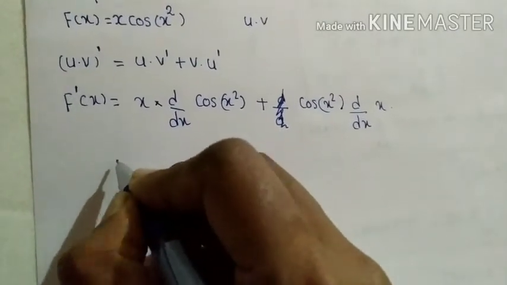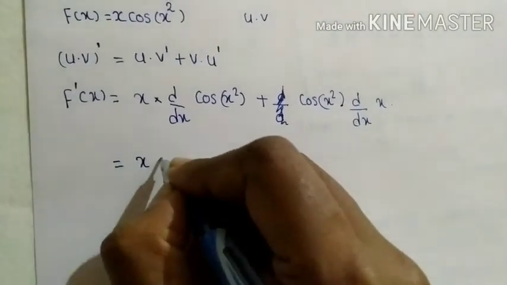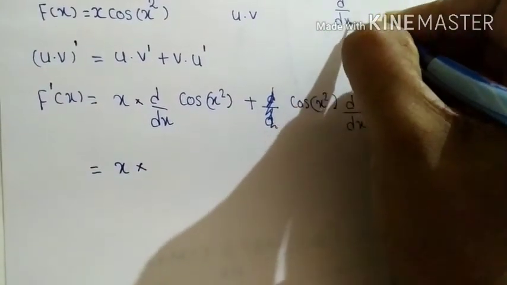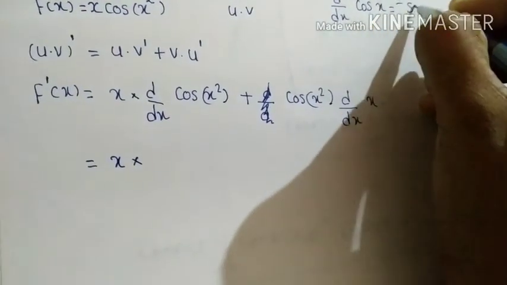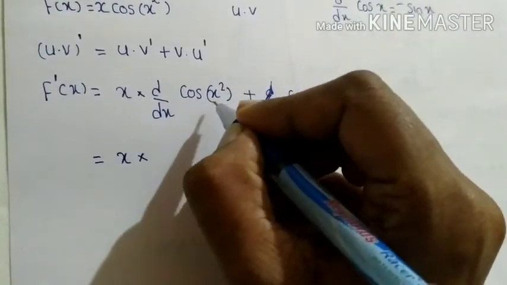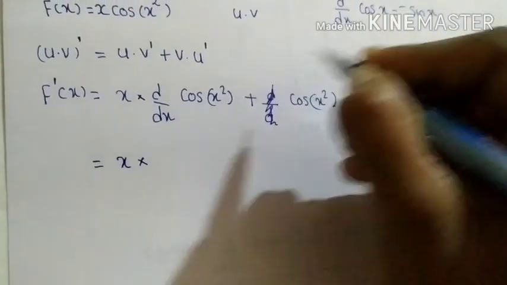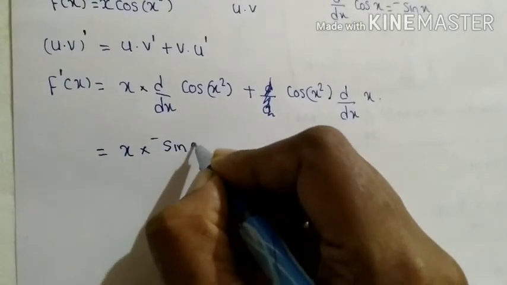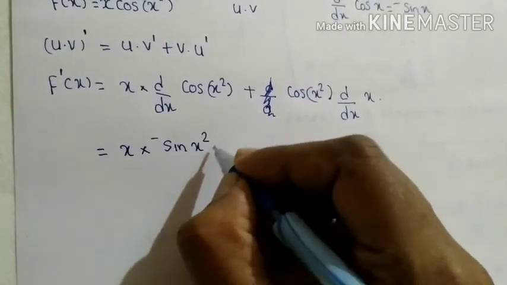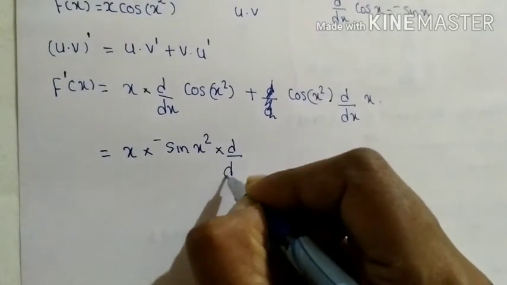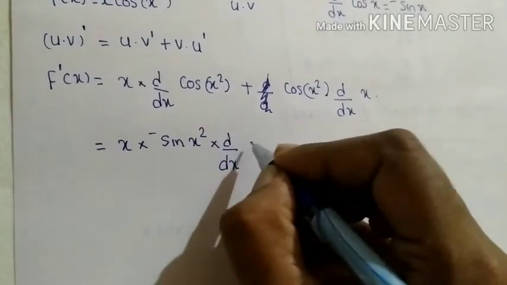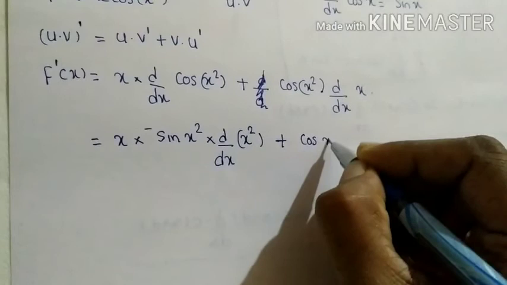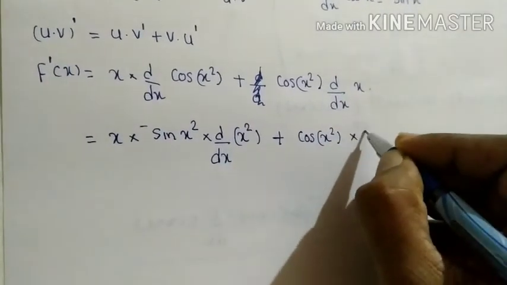Which will be equal to x into, we need to find the derivative of cos x square. The standard form of derivative of cos x is minus sin x, but here we need to find the derivative of cos x square. So it will be equal to minus sin x square, and don't forget to write here it is a next function is x square, so we need to write the derivative of x square plus cos x square into derivative of x,